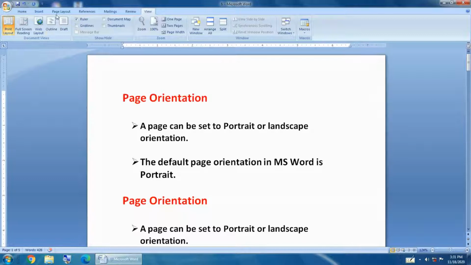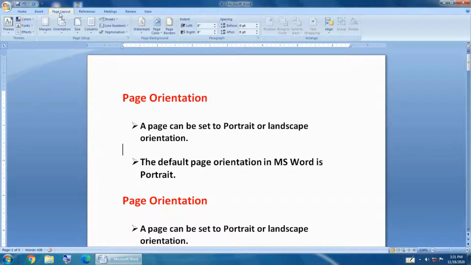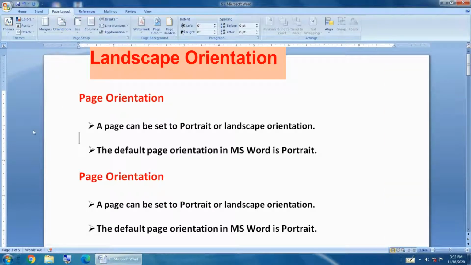Follow these steps to change the orientation of the page. Step 1. Click the Page Layout tab. Step 2. In the Page Setup group, click Orientation. Step 3. Click Portrait or Landscape.